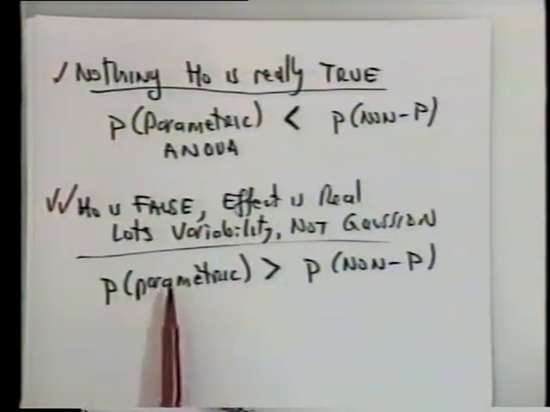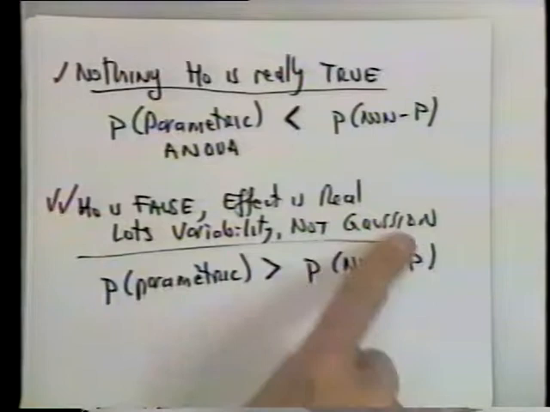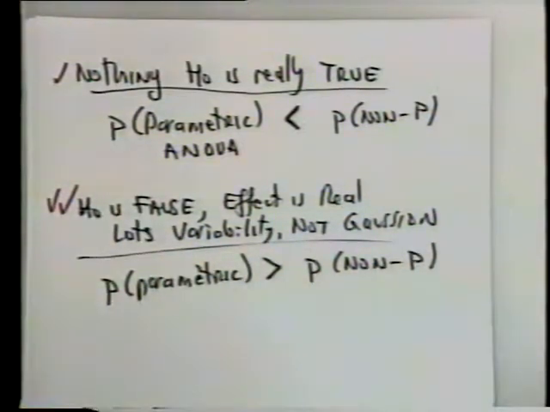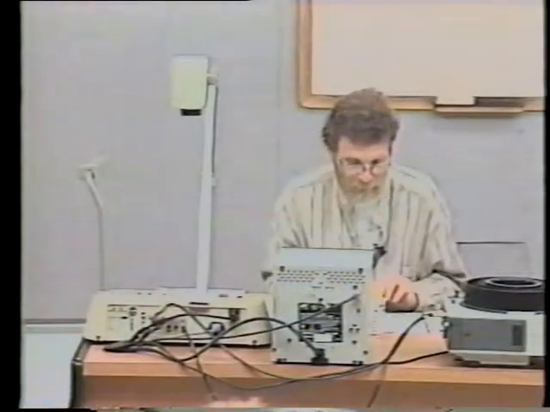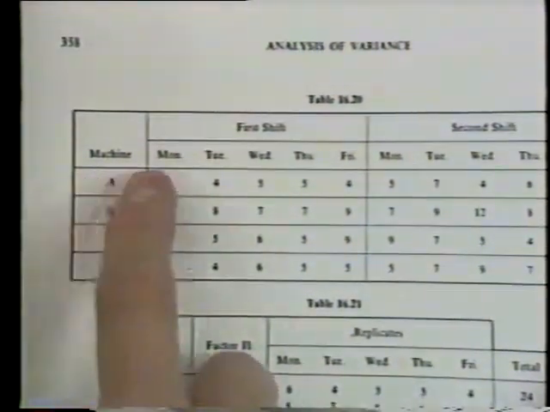It was non-Gaussian. We found that the non-parametric was less than the parametric. That is, the parametric were bigger. And that was the case for that data set. All right, so now let me do the second ANOVA problem. And in the second ANOVA problem we had machines and shifts for the machine. I think it's this one. So we have now a 2-way ANOVA.